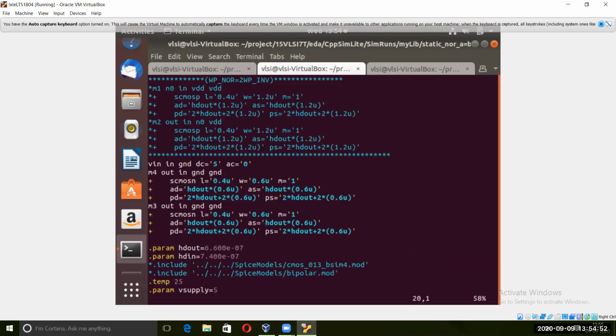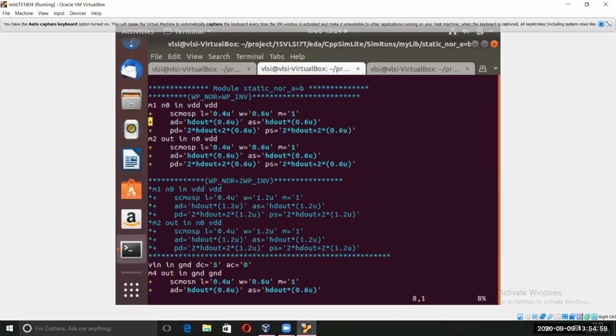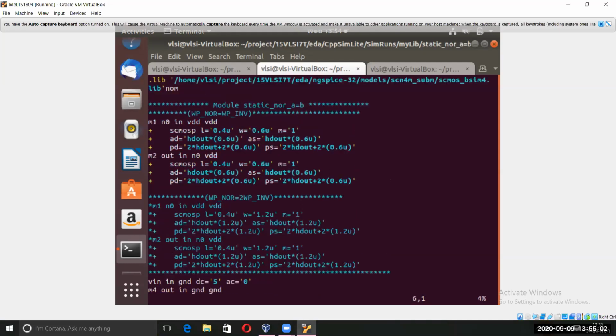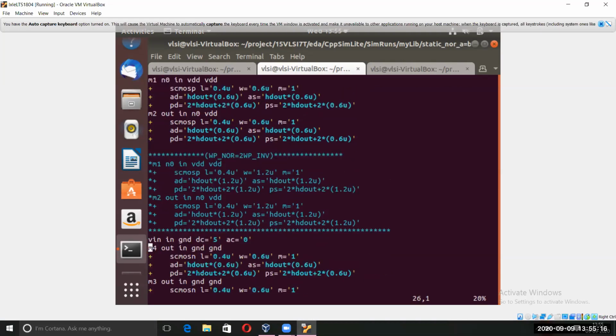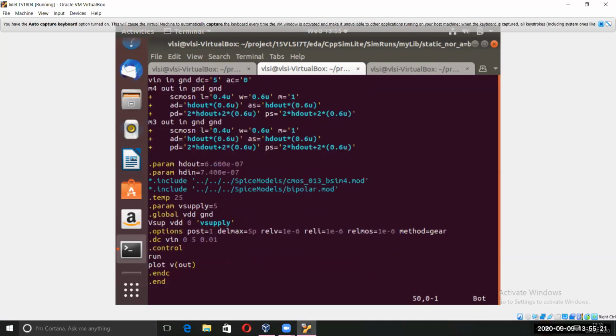Top one. Okay. These both are same. Just the sizes have been changed. Everything is same, only the difference is in size. Yes, I got it. Just everyone followed, I guess. Yes? Okay, good. Then save and exit.